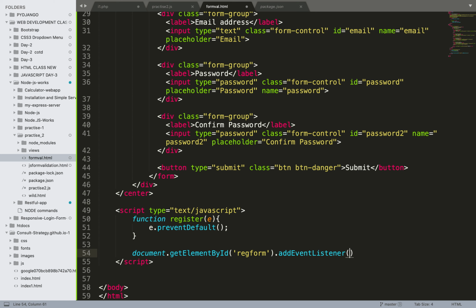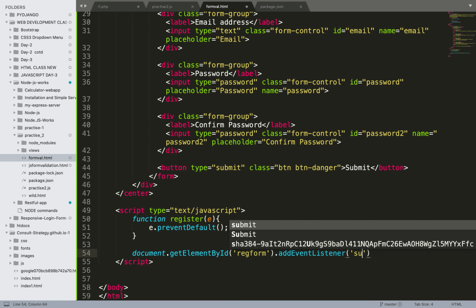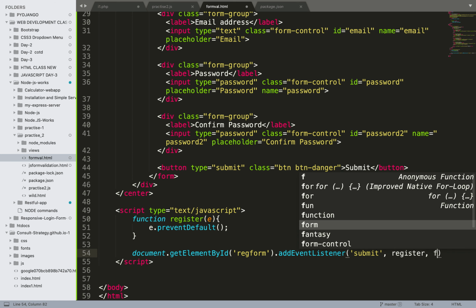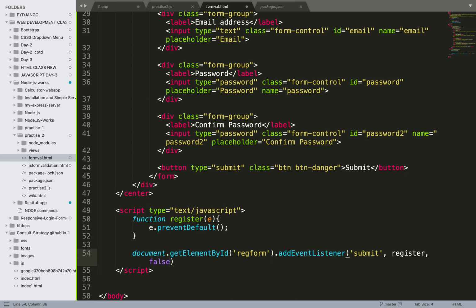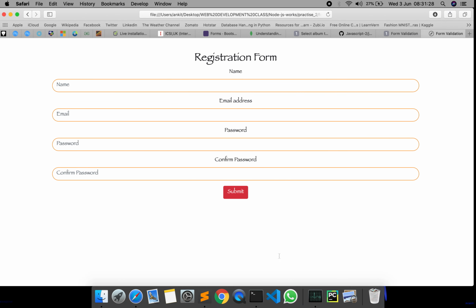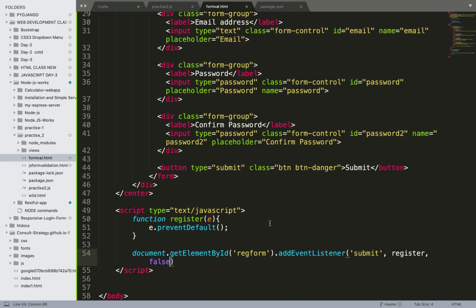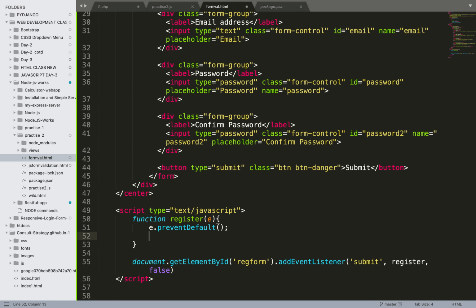Add event listener, that is... Okay. Still we need to modify a few things. Okay, now we are adding functionalities.